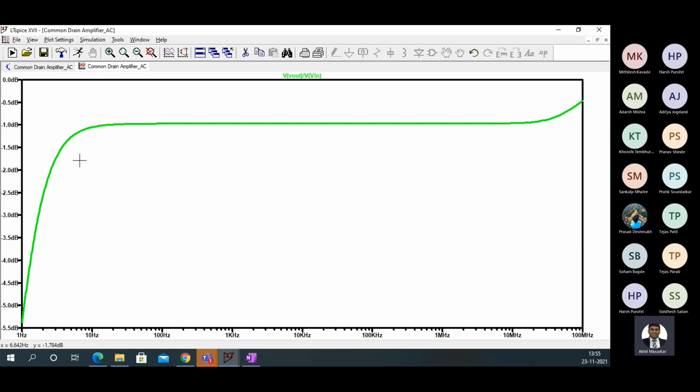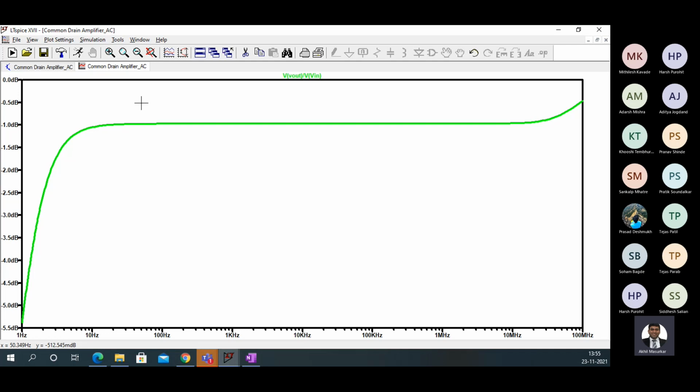So now what did we do? We did a dot tran analysis. Tran means transient, where you are plotting the signal with time. Now we plotted the signal with the frequency, and we determined the gain of the signal, that is the mid frequency gain. In your next course in EDC2, I will answer the question why this falls or why this rises. I can answer this question only when I teach you frequency response.